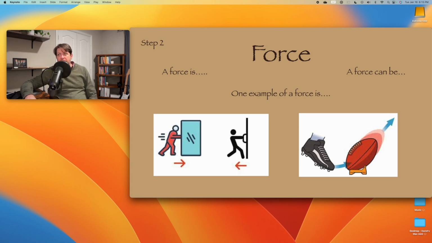So again, we'll show this as they're talking. You've got the sentence stems here. Okay, maybe they can think of other examples. One example of a force is... they might think of something other than kicking a ball. Okay,